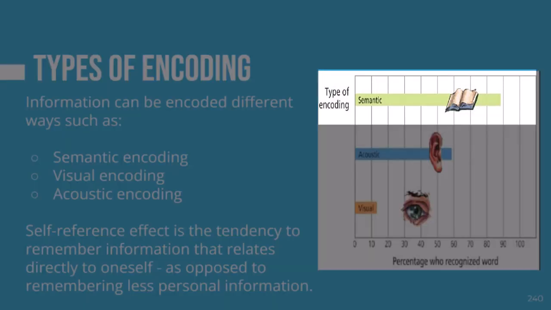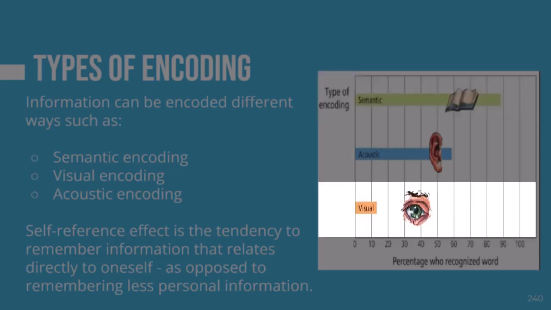We can encode information a variety of different ways. Semantic coding is the process of encoding sensory input that has a particular meaning or can be applied to a particular context rather than deriving it from a particular sense. For example, meaning can be attributed to a written word if someone elaborates on the context of the word's meaning. So for example, instead of just giving you a list of vocabulary words to look at, it will be more meaningful to you if you understand what the words mean within the context of this video.